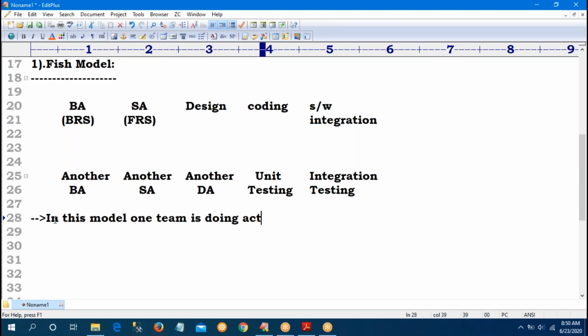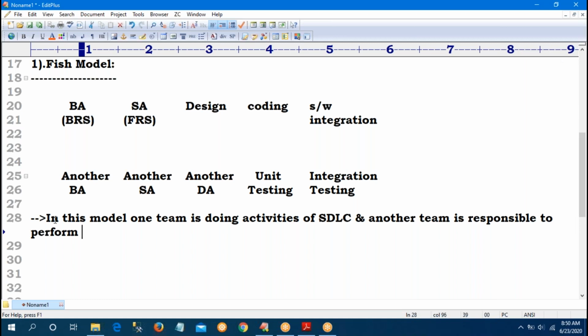One team is doing activities of SDLC, and another team is responsible to perform testing parallel. Example,